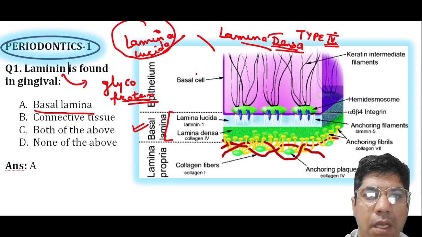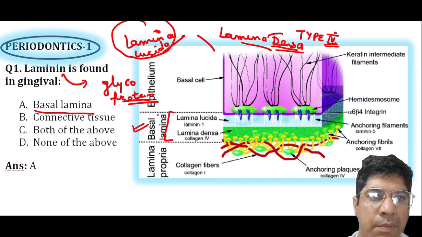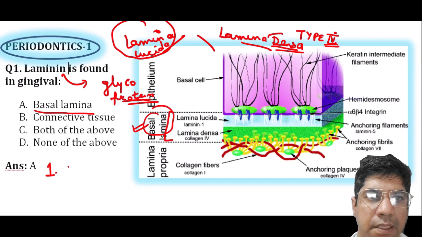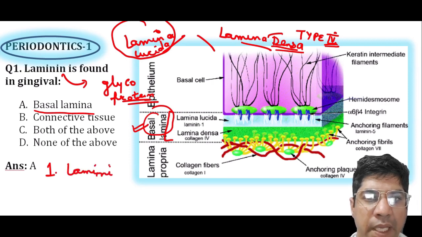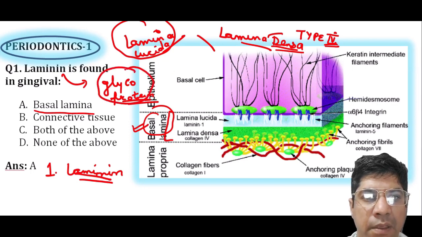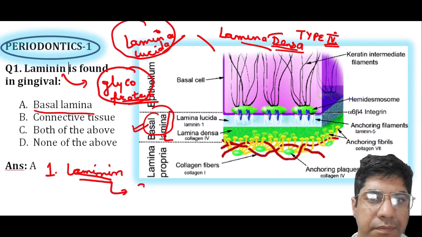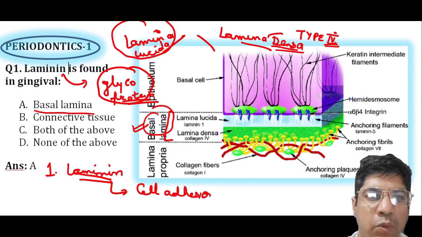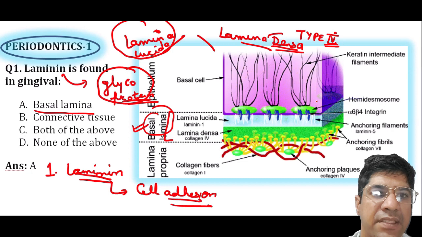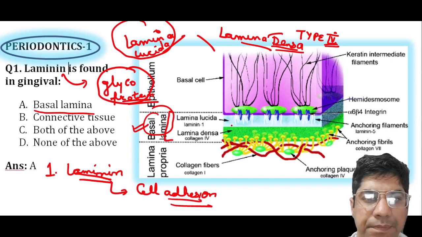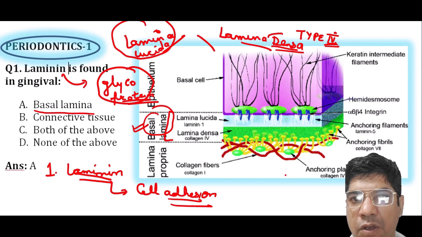Now, what are the other components that are seen in the basal lamina? Number one is laminin. Laminin is a glycoprotein, as already discussed. It is a major component of the basal lamina and plays a role in cell adhesion. The laminin molecules bind to the cell surface receptors and help to anchor the epithelial cells to the basal lamina. Apart from that, it contains collagen fibers,